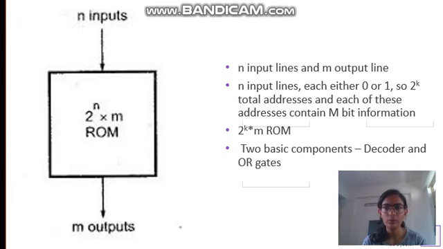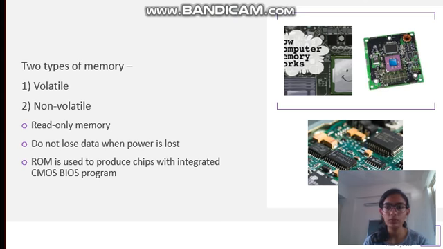ROM, that is read-only memory, is basically a type of primary memory, and it can be read-only, but we cannot write on it. It is non-volatile, so data is retained even when the power supply is switched off, and data that is required to be stored inside the ROM is written during the manufacturing process. It stores such programs that are essential for the booting process of the system, or which cannot generally be altered.